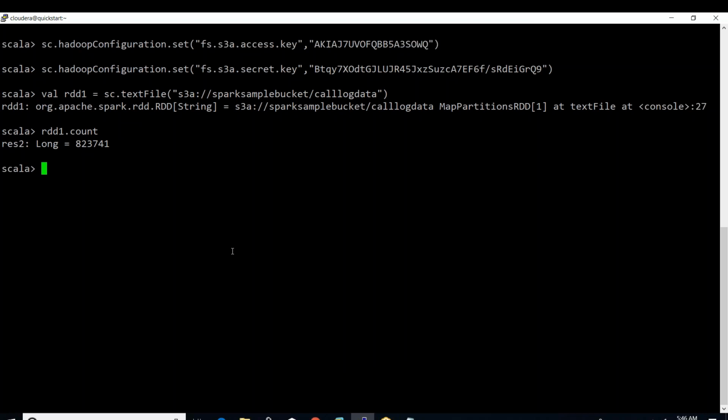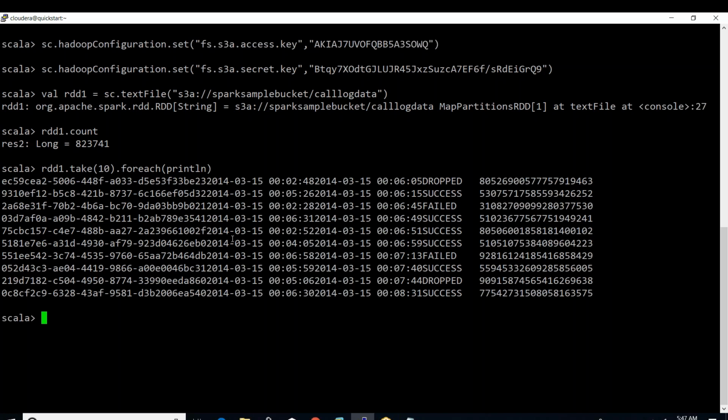So this is how we got the result of the action, and it is confirmed the data we got. We could read the data directly and perfectly from the Amazon S3 service. Let's try to print some data. Let us check that also. Yes, we are able to read the data. That's fine. Is it clear? It's very simple. We need to set only two properties and just simply use sc.textFile with the s3 path.